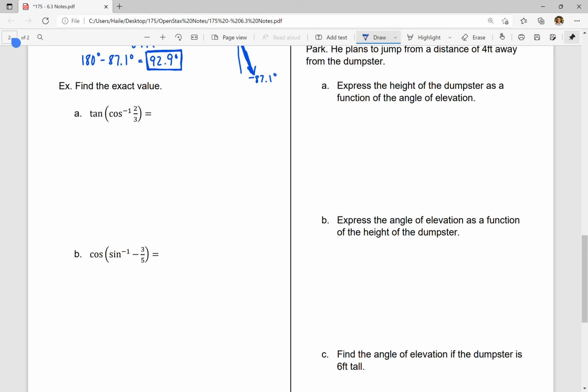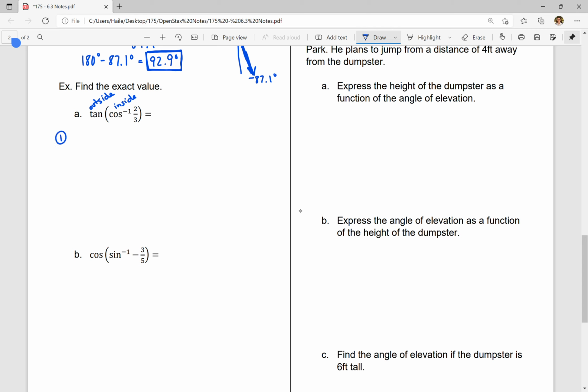Okay, so let's look at our first example. So we have tangent of cosine inverse of 2/3. So what we're saying here is that this cosine inverse of 2/3 is the number that's plugged into tangent. Okay, so it's not multiplied or anything like that. It's a function inside of a function. So the way that I usually think about these is I think of this as my inside and this is the outside. So there's a reason why I'm labeling this, because we're going to talk about what's a good strategy for these. So the first thing you want to do for these is we want to solve that inside